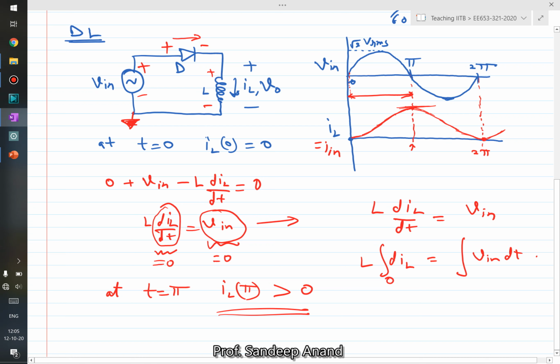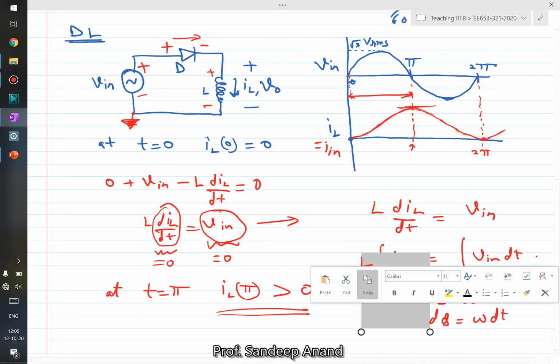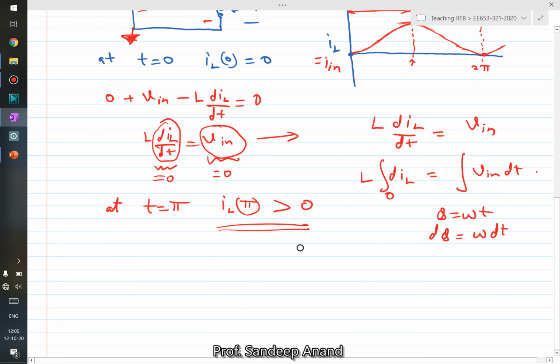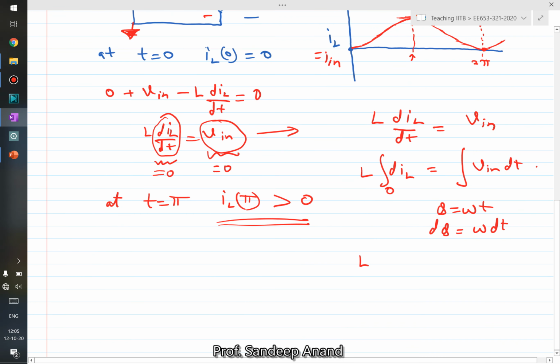I can always substitute t in terms of theta, where theta is equal to omega t, so d theta is equal to omega times dt. Let me replace t with theta to make it simpler. The left side is the integral of dIL, which is equal to the integral of Vin d theta by omega,